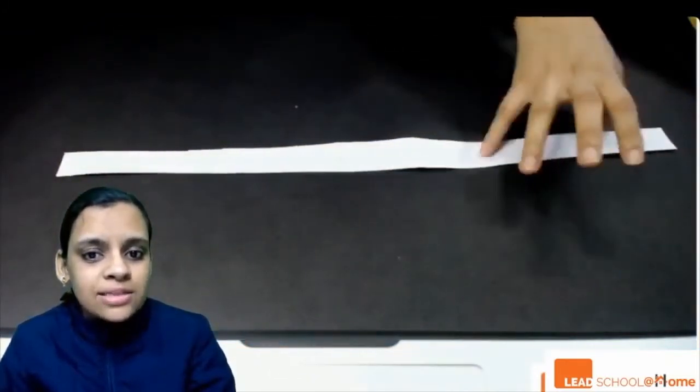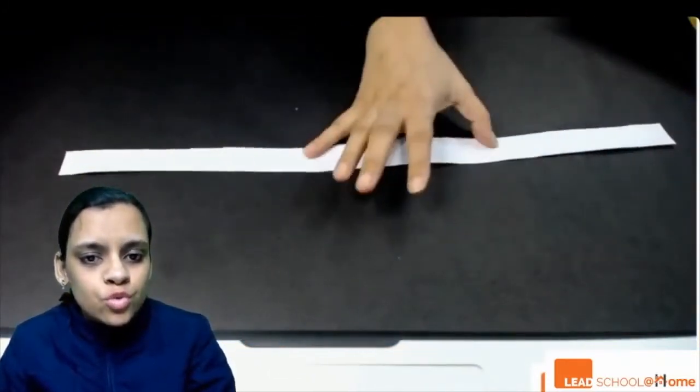So, dear children, let us see if the same thing is measured by different persons, then what will be the result? Okay, let's see that. Now I want to measure this strip. This thing will be measured by two different persons. Let's see what the measurement of this strip will be. One, two,